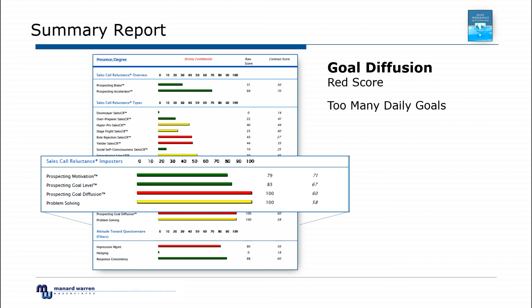So if you're suffering from prospecting goal diffusion, the simplest cure is to make sure that you put prospecting for new business on your calendar each day that you need to do it, whether it's once a week, 3 times a week, 5 times a week. You put it on your daily calendar, and then honor that time that you blocked off. That's the easiest way to fix it. You can actually go another step further if you want and start to eliminate some of the things that you put your energy into each day, professionally and personally, that you really don't have to. That's another way to make sure that you can stay on track and keep sane and not be totally stressed